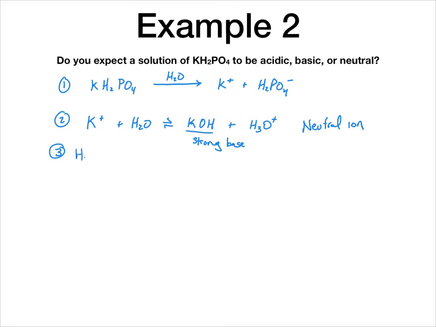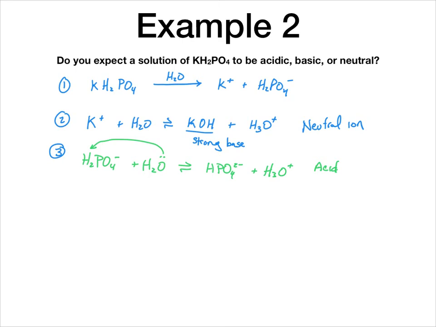Step 3, I need to see how the dihydrogen phosphate behaves in water. So I'm going to look at the H2PO4 minus in water. This is amphoteric or amphiprotic. And so I'm going to first describe it as its acid reaction. That means that the water is the base taking the proton, giving me HPO4 2 minus plus H3O